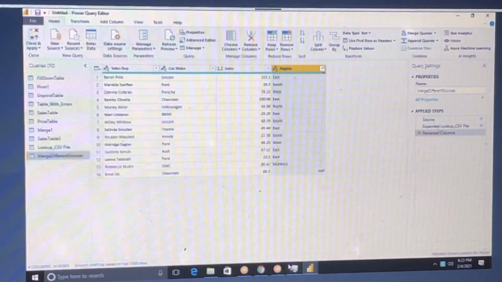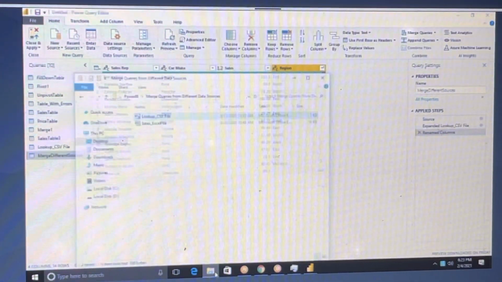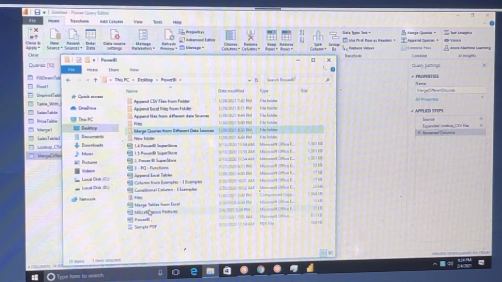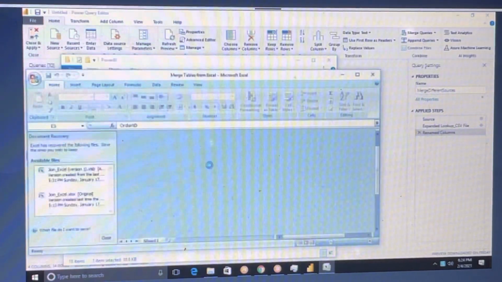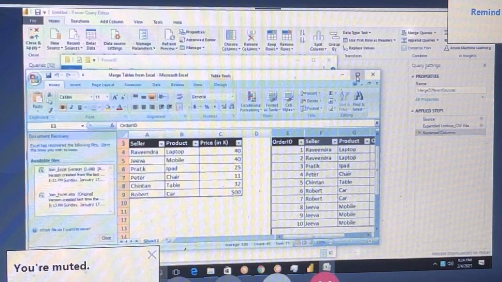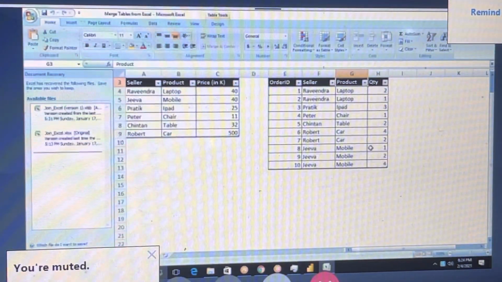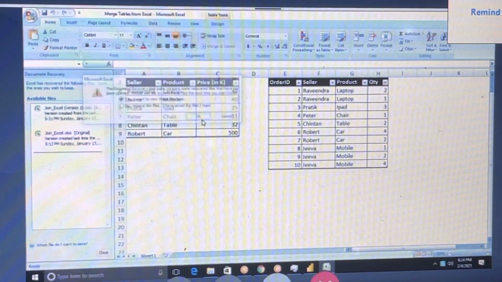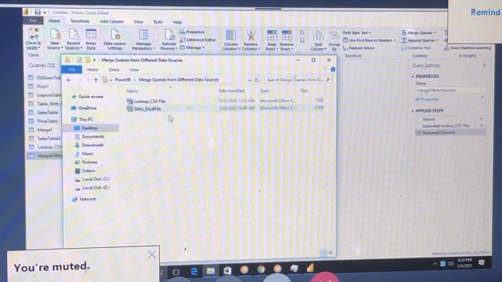So far we talked about how to do the merge from the different data sources and single file, where we have different tables, and based on the product and seller we got the price. In different sources we have taken CSV and Excel files, and based on the sales rep we have taken the region.